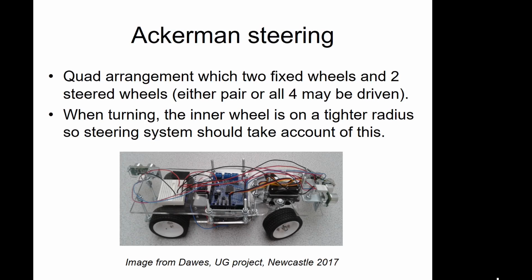Other types, this is Ackermann steering. An Ackermann is essentially what you have in a car. So you have some kind of drive at the back. So these wheels are your drive wheels. And then the front wheels are steerable. So you can steer these in different directions. So these are not maneuverable in so much as your omnidirectional. So you're a bit more limited in terms of how you can move the robot left, right, forwards and backwards,